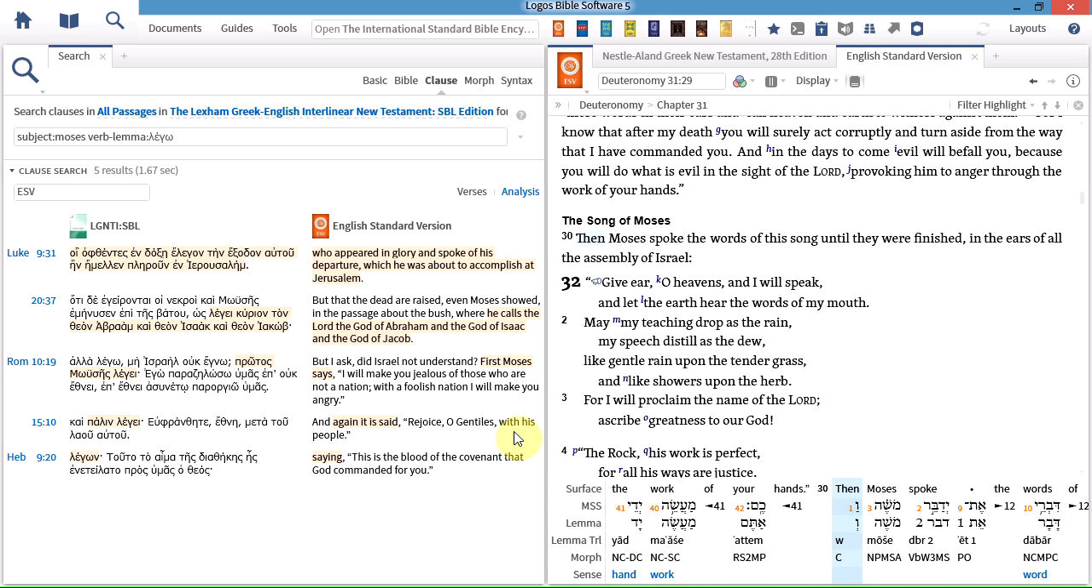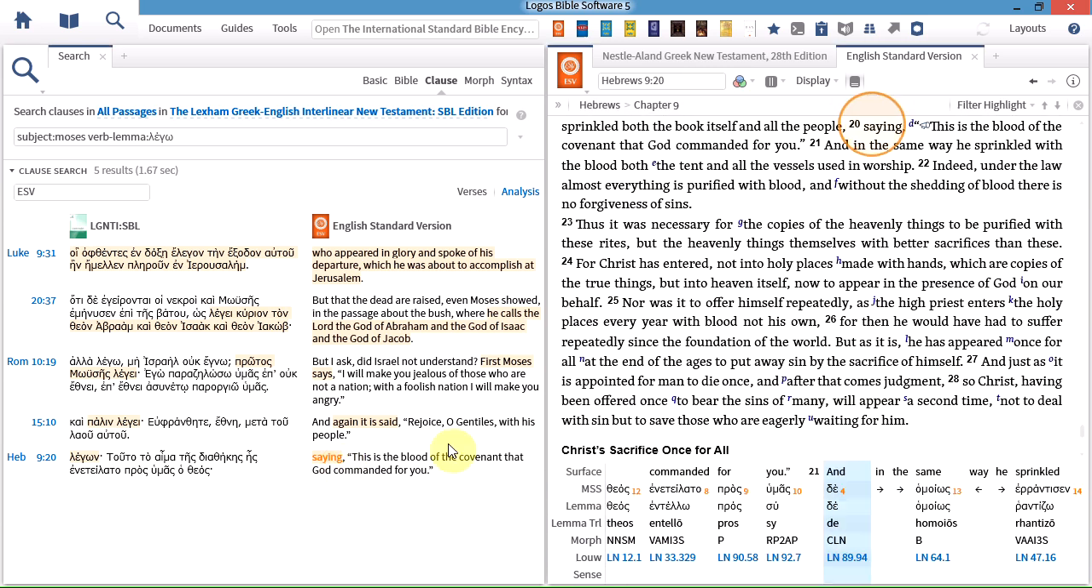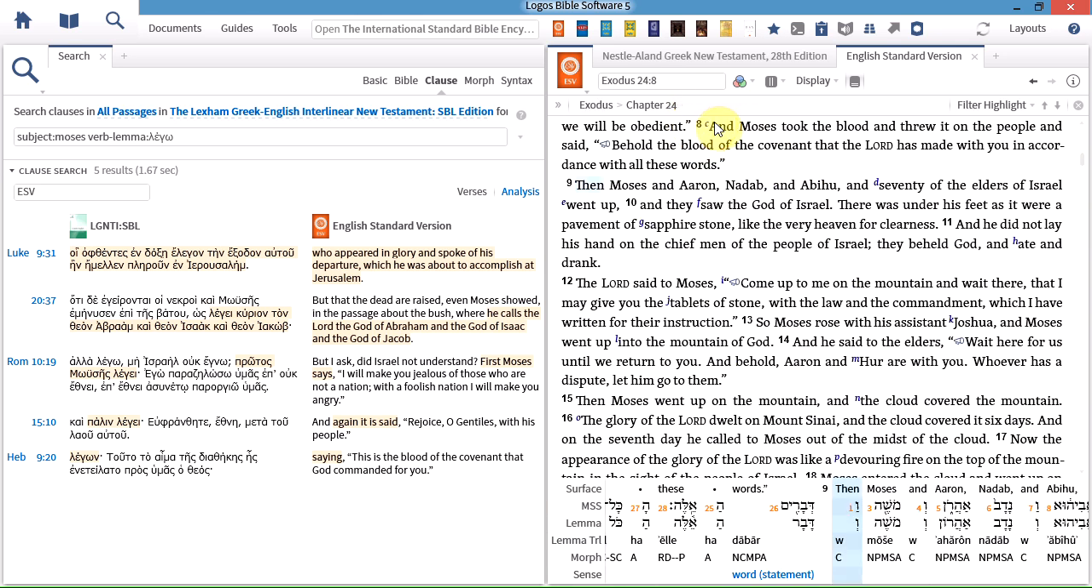And it gives you opportunity then to find things that maybe you wouldn't find otherwise. You probably would have missed this result if you'd been looking for the things that Moses was reported to have said. A similar example is here in Hebrews 9 verse 20. If we look up the cross-reference for that and go back to Exodus 24,